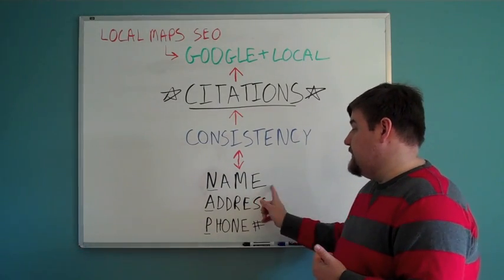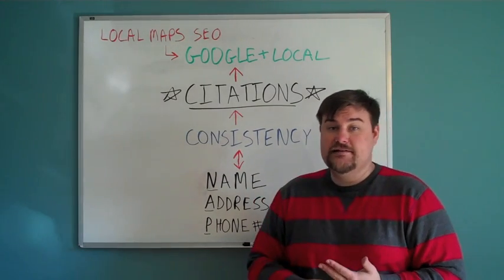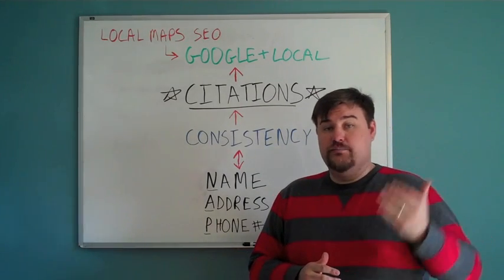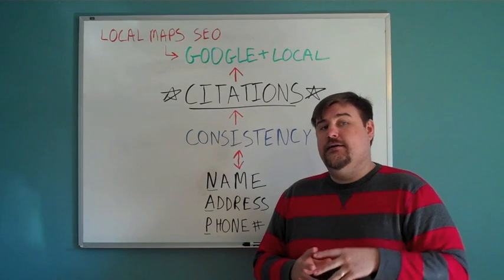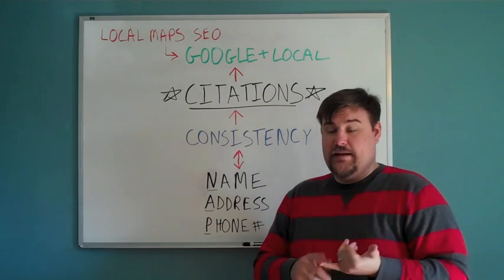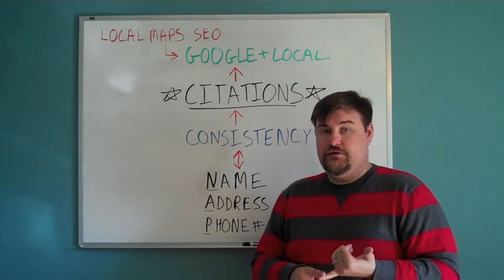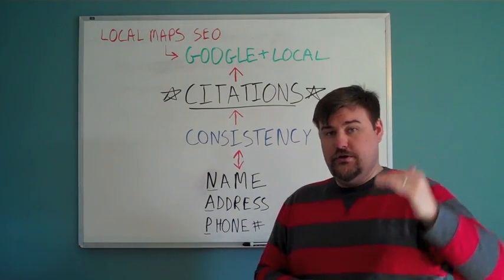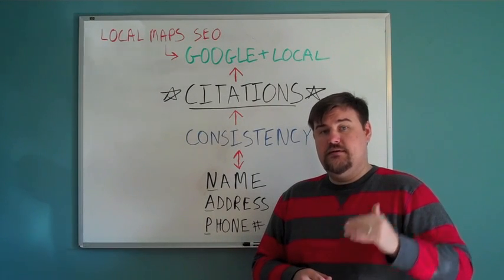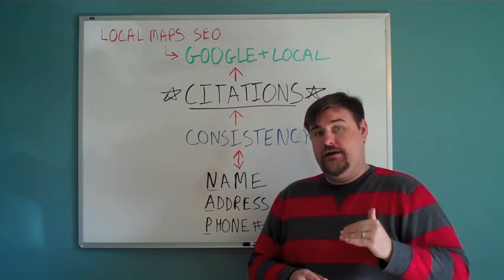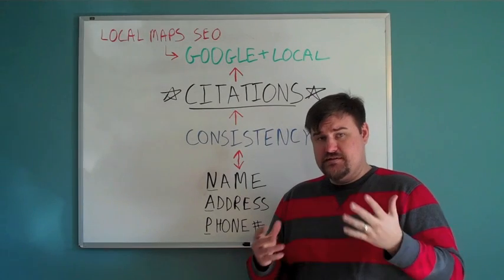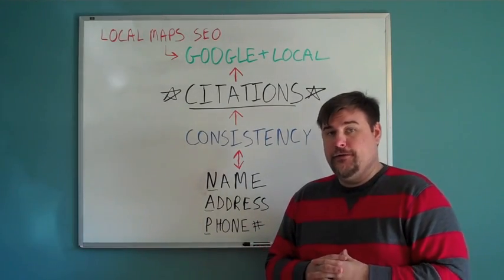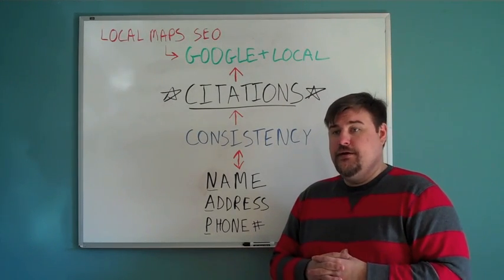Are you using a consistent name, address, phone number? Does your website address match? And it also gives you a list of how complete your profile might be. Have you established a Yelp page? Have you established a Foursquare page? And it'll show you, have you claimed this listing? Is your listing accurate? So this is a really cool tool that you want to use as you start to build out your citations.